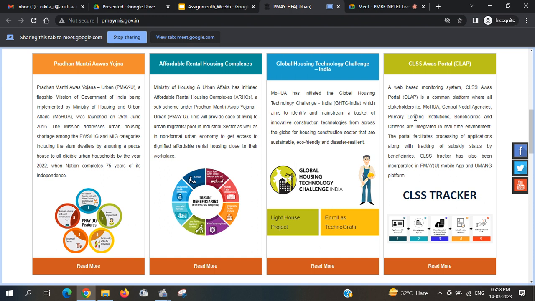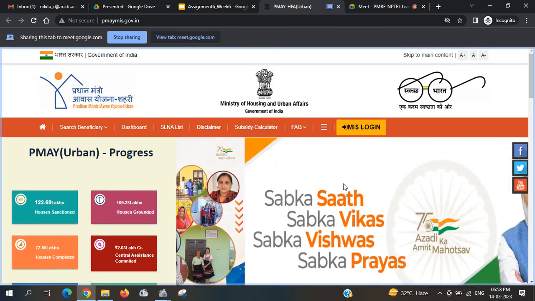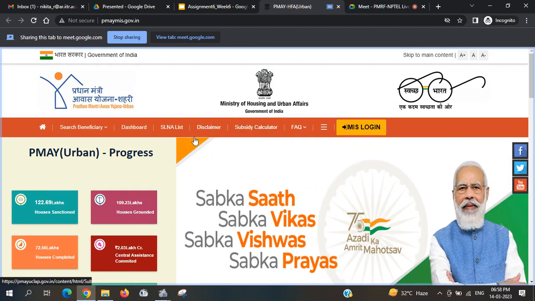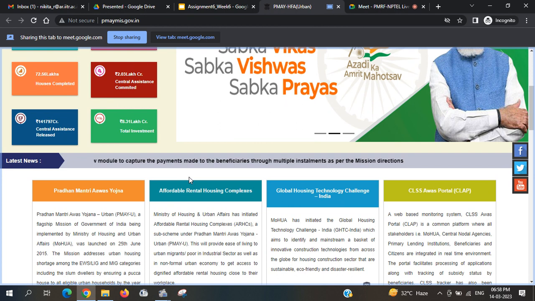They are all integrated in a real-time environment, and they can track the process of the sanctioning of funds for construction of the houses, if the houses are being constructed, and have they been approved, and such thing. Another important thing which I think people will find interesting is